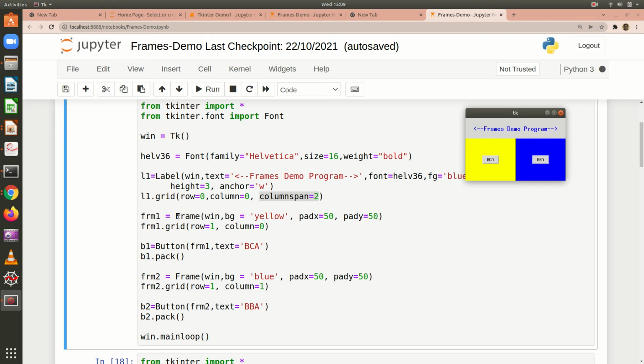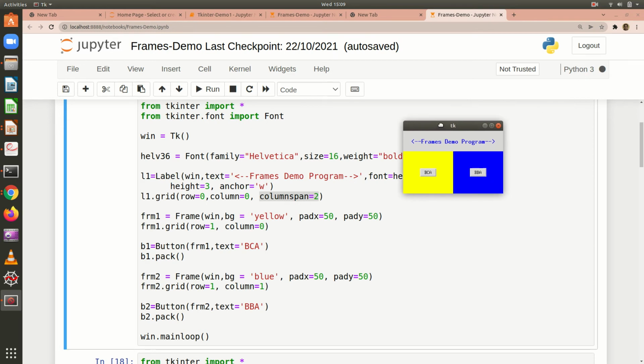Then the first frame with background color and with this padding is available here, in which I have added a button called BCA, and then the second frame with blue background is on the right side, which will be the first row and first column, and this is the first row and zeroth column. Okay, and this background is set to blue, and I'm adding the second button to the second frame.